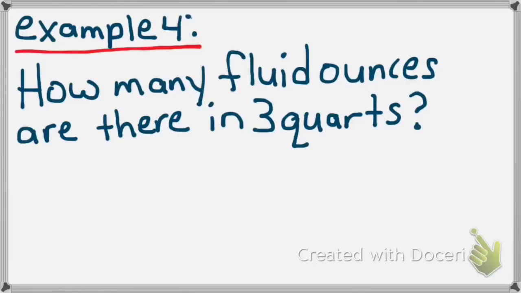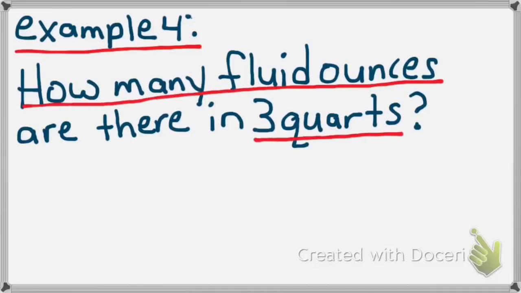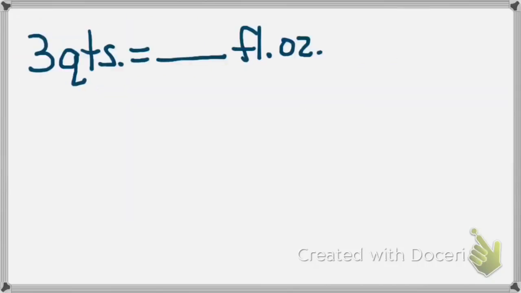And our last example for today, again, it is a little bit different than the others, so it's important to look at this example. It's example number 4. The question says, how many fluid ounces are there in 3 quarts? So my known is 3 quarts. My unknown is how many fluid ounces. So my first step is to write down my known, which is 3 quarts, equals my unknown, which is blank